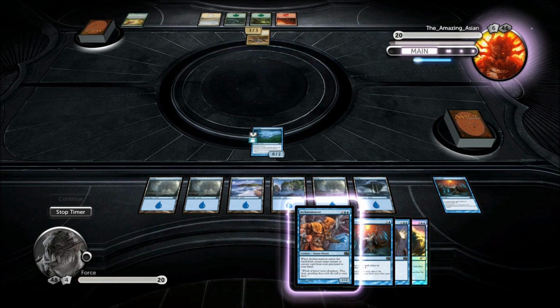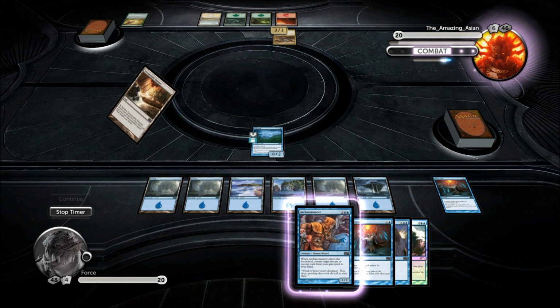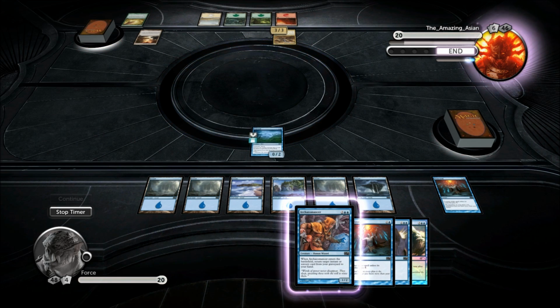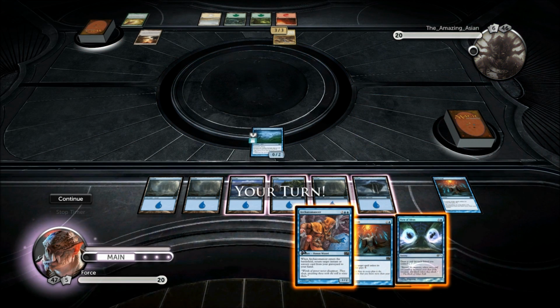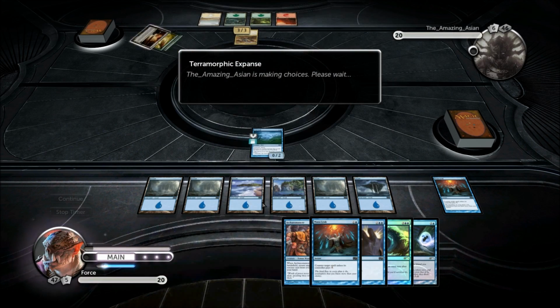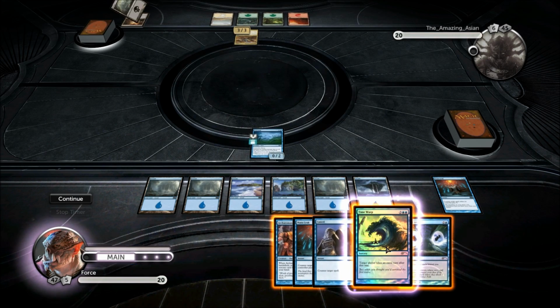I think countering that Cultivate really hurt him. He is going to be able to get another land out, but he still doesn't have all five. He's only got three mana types right now. He's about to get a fourth because he just went ahead and popped that Terramorphic Expanse. So I'm considering